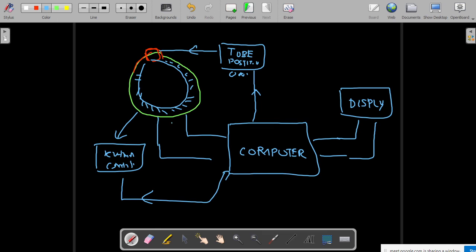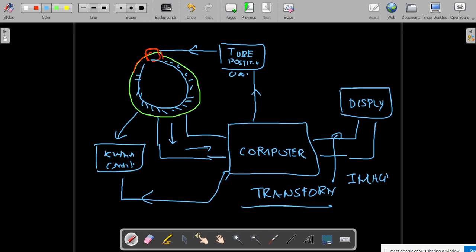Okay, and whatever be the detector output you're getting, you identify the different projections, you apply a transform, and from that you get back your original thing and you convert that into an image. Okay, so this is your complete block diagram of your CT scanner. Okay, fine. So that's about CT scanner. So next we'll see about